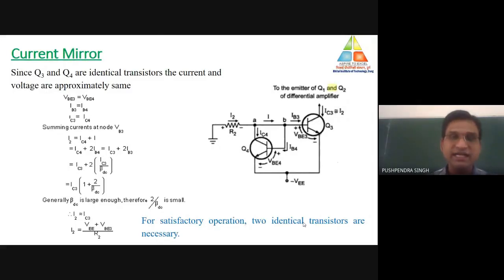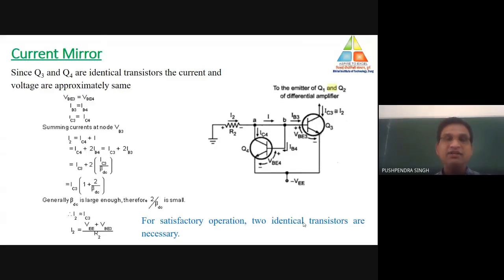One is the constant current biasing circuit, which can be designed with the help of resistances R1, R2 and RE. But there was a problem of temperature. Why? Because the complete expression of constant current bias depends on the value of VBE3, which is the base to emitter terminal voltage of transistor T3, and it is temperature dependent. And if the temperature increases, the current will not be constant.